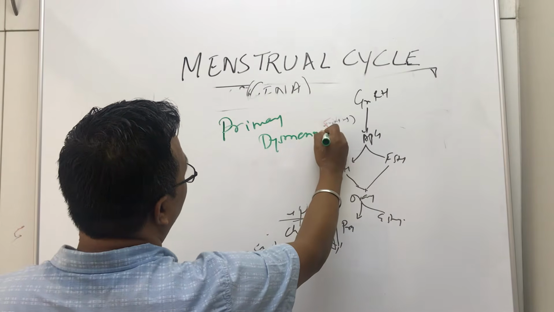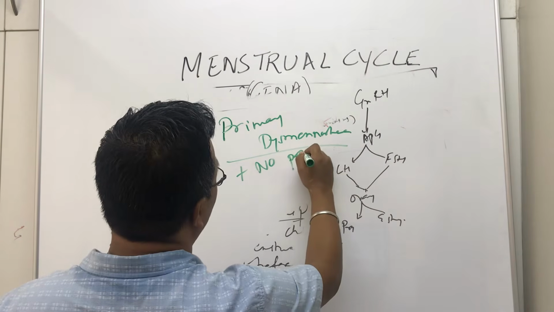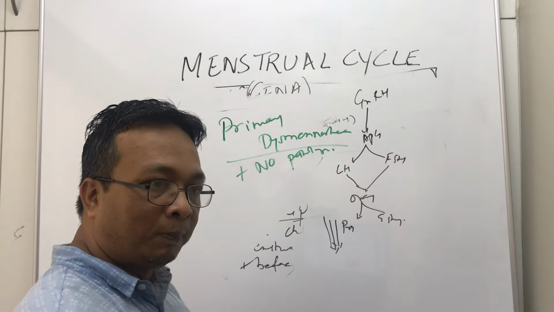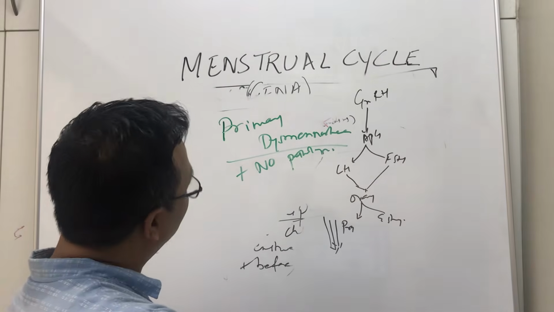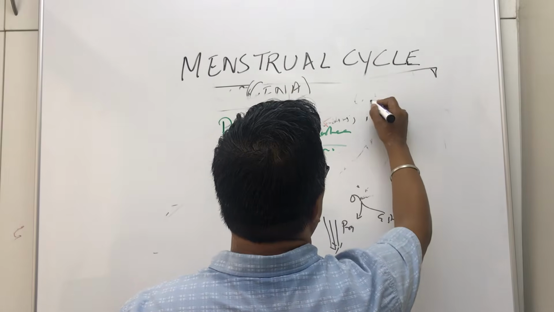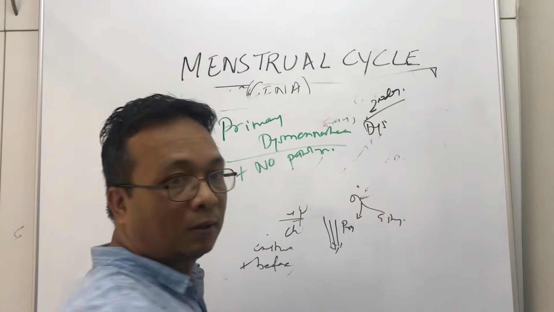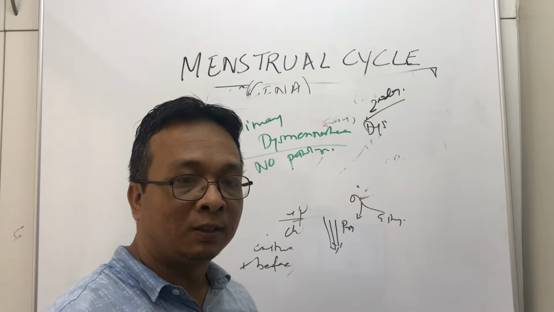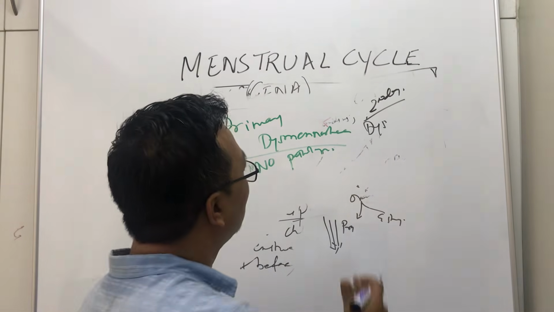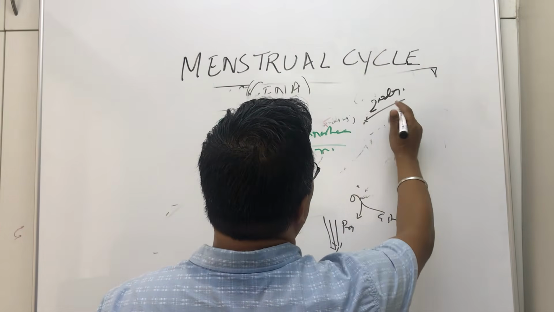So all the dysmenorrhea signs and symptoms are there, but there is no underlying pathology. Now going to the secondary. When there is a dysmenorrhea case and there is also underlying pathology, then we call it secondary dysmenorrhea. There are all the signs and symptoms like cramps, lower abdominal pain going to the back, vomiting. Plus you did a scan or investigation and you find some underlying pathology, then it's called secondary